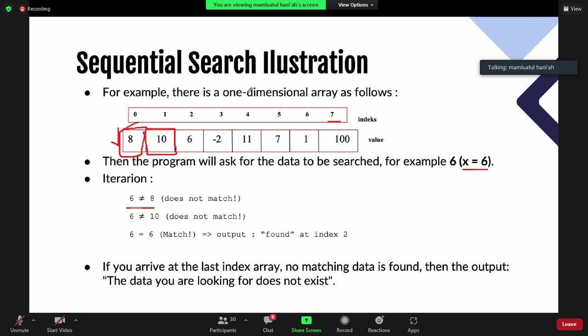I will compare my key with the value at index 1. I will compare 10 with 6. It does not match again, so I will go to the next element, and if it matches, yes, it is matched, so I will give the output: found at index 2, like this.